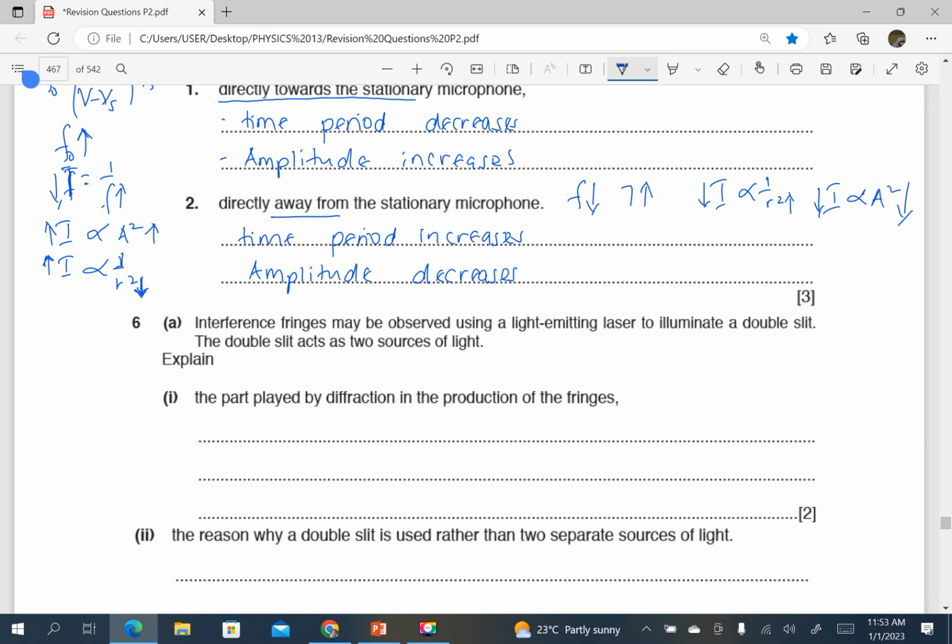Interference fringes may be observed using a light-emitting laser to illuminate a double slit. The double slit acts as two sources of light. Explain the part played by diffraction in the production of the fringes. You and me will note that